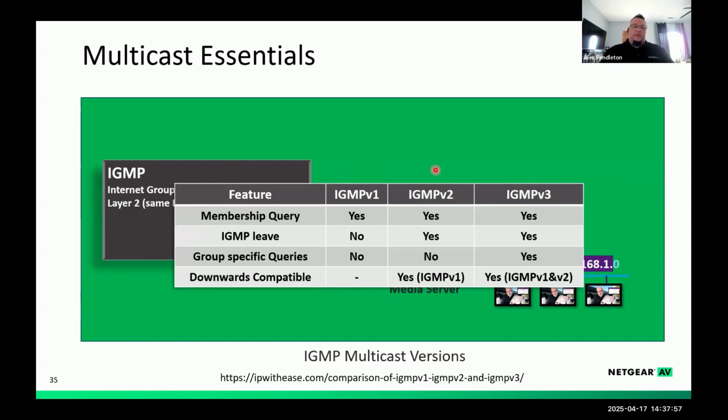IGMP v2 is similar to IGMP v1 and backward compatible with IGMP v1 as well. But in this case, they added an element that if a device wanted to leave a multicast group, it could send a leave packet to the switch, and the switch will process that leave. Now, switch manufacturers picked up on this and created an easy way to move the multicast group faster by receiving a new membership report from the endpoint and processing a leave at the same time.